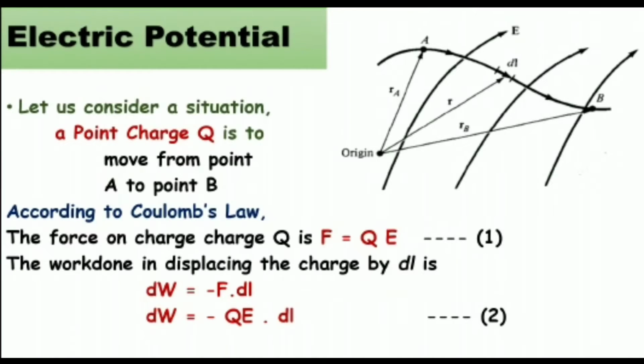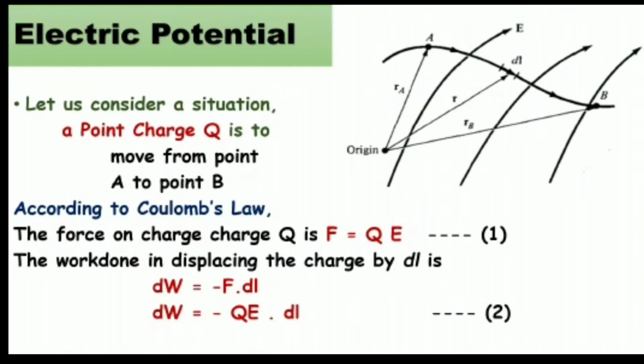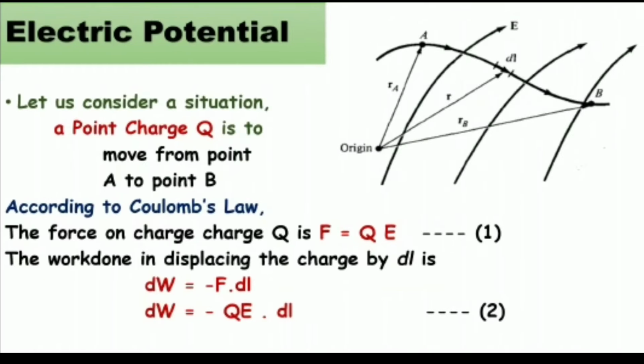Now in displacing a point charge from point A to point B, how much amount of potential is required? That is what we are going to determine now. In displacing a charge from point A to point B, naturally the electric field is supposed to be used. As the electric field is produced here, in moving a charge from point A to point B, some additional or external work is to be done. So the potentials need to be changed. That is called displacement potentials, or difference potentials.